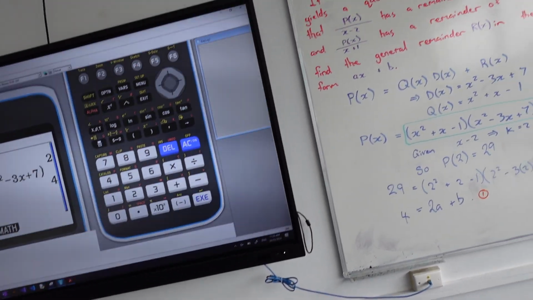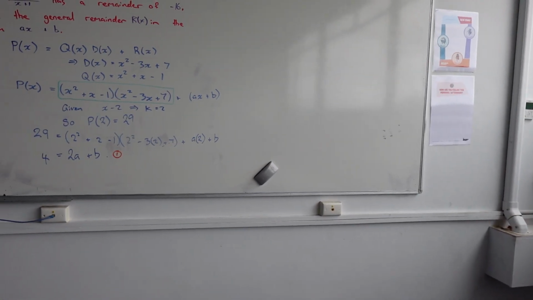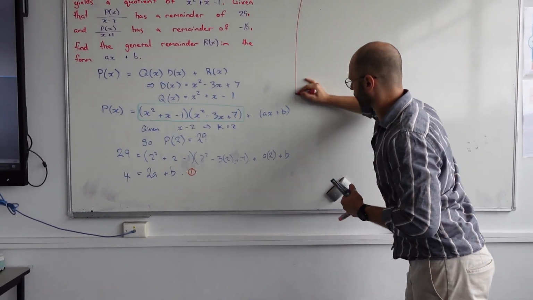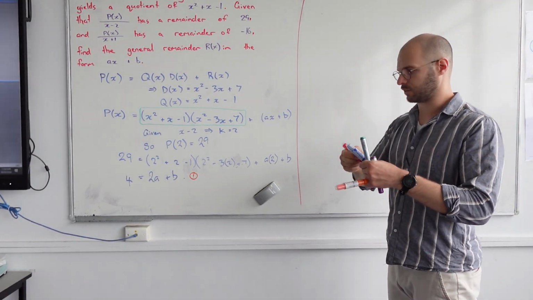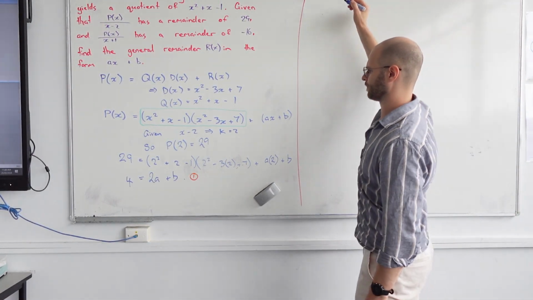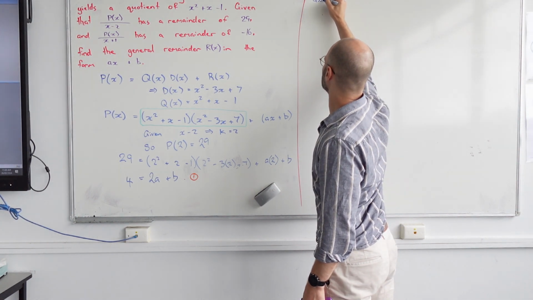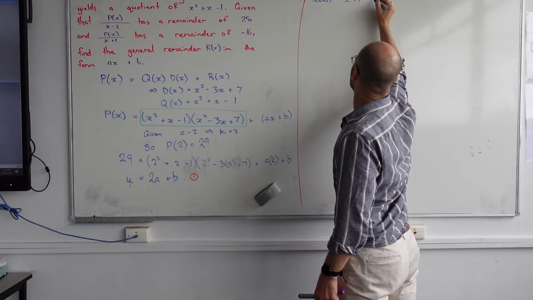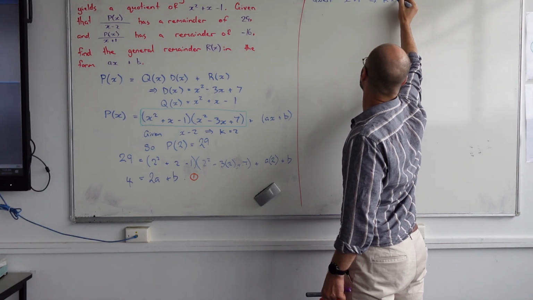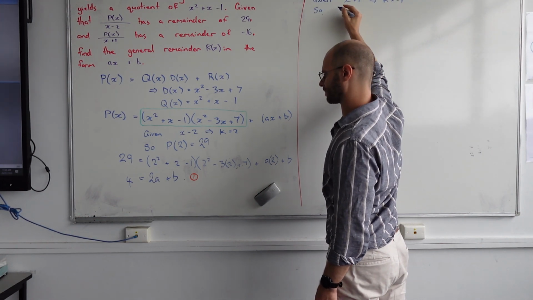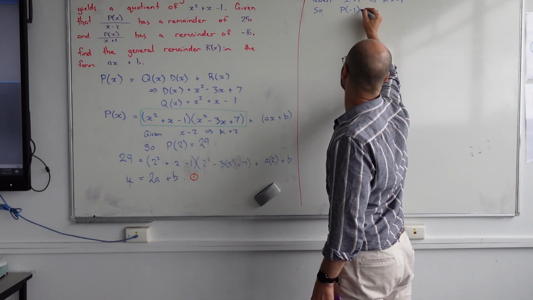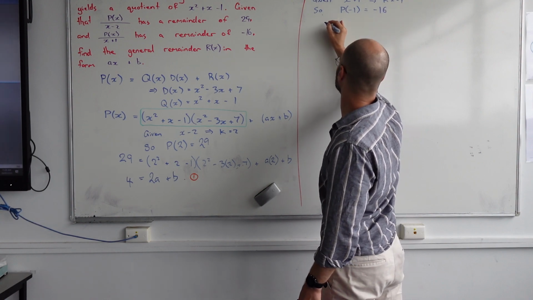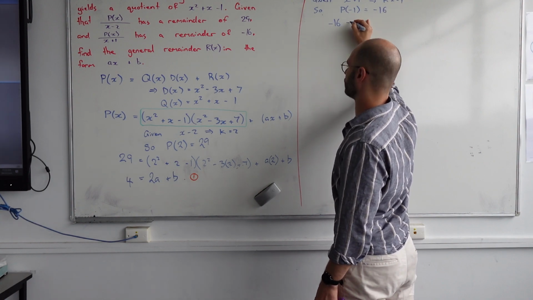Next equation. We need to build a second model. 2 unknowns, so we need 2 equations. So we're going to go, given x plus 1, we're going to get a k of minus 1. So p of minus 1 is going to give us a remainder of minus 16. Hence, minus 16 equals